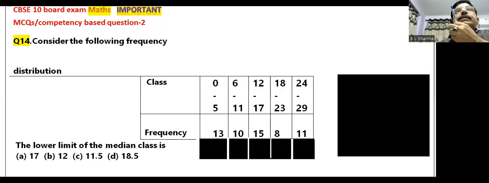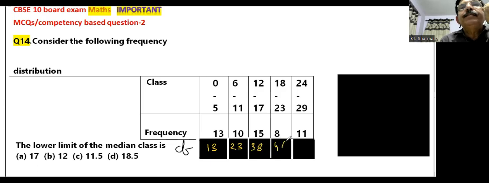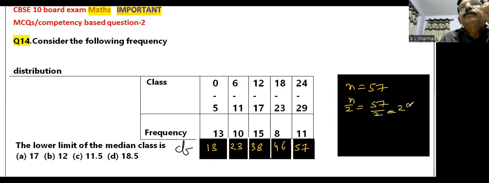So the cumulative frequency here is 13 as it is. 13 plus 10, 23, 23 plus 15, 38. 38 plus 8, 46 and 11, 57. सो देखिए n हमारे पास है 57, n बाई 2 होगा 57/2, that is 28.5. 28.5 जब हम सर्च करेंगे तो हमें मिलता है ये 28.5 यहाँ पे, और इसका जो